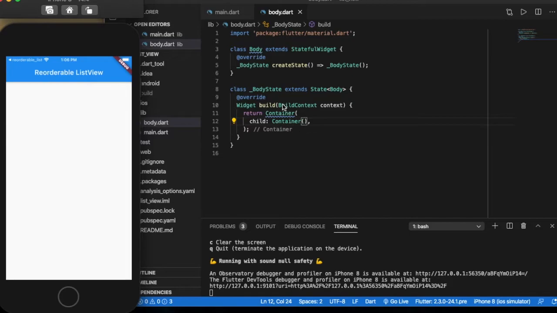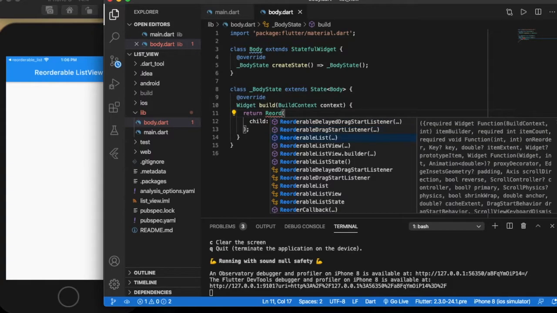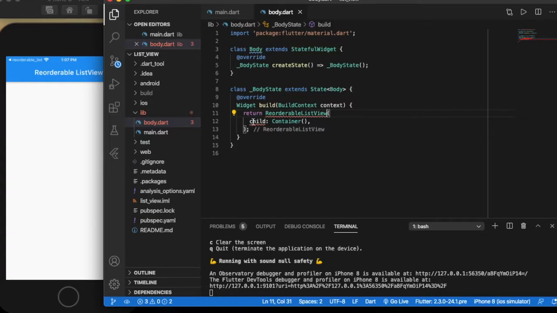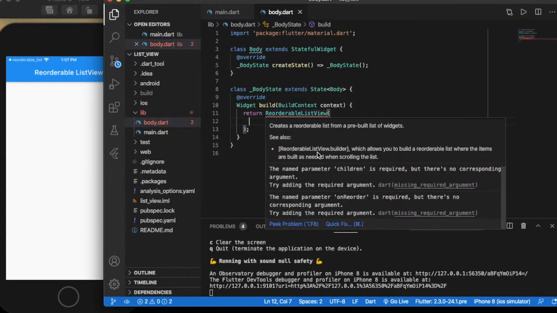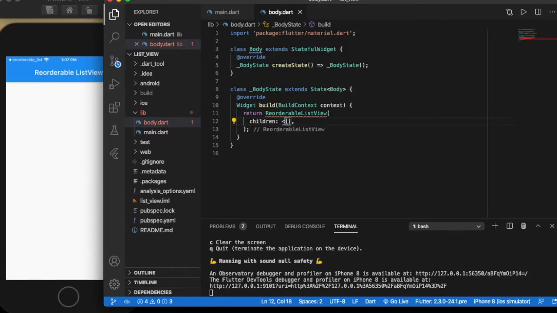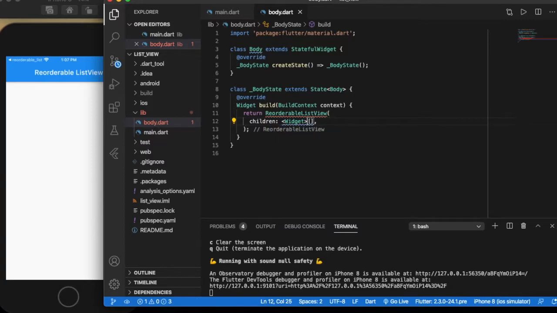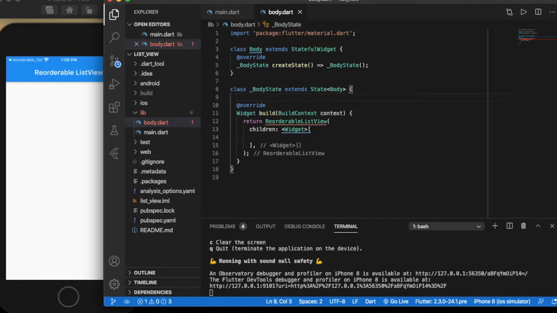Reorderable list view. Okay, now we are going to return a ReorderableListView. Let us import the children widget. Let us create a list here. Final list